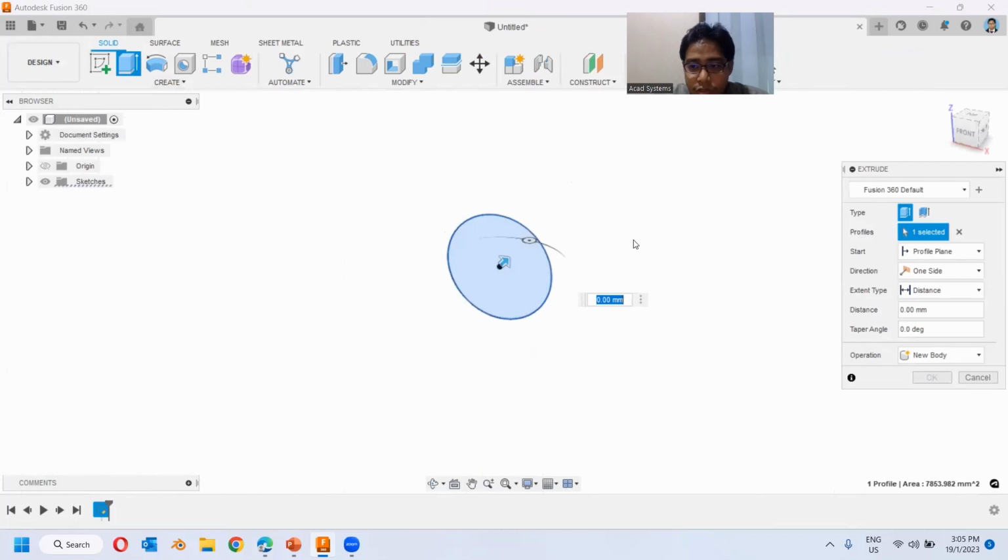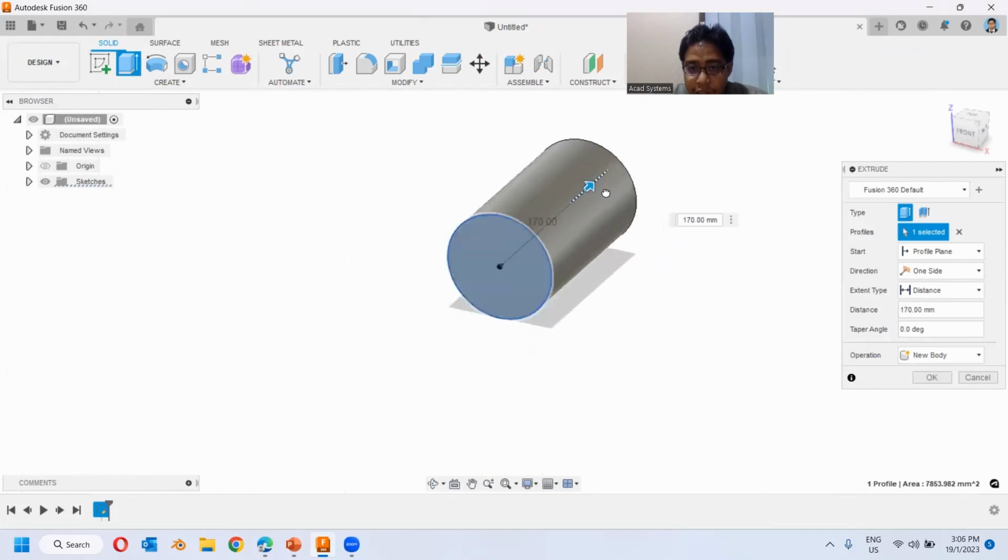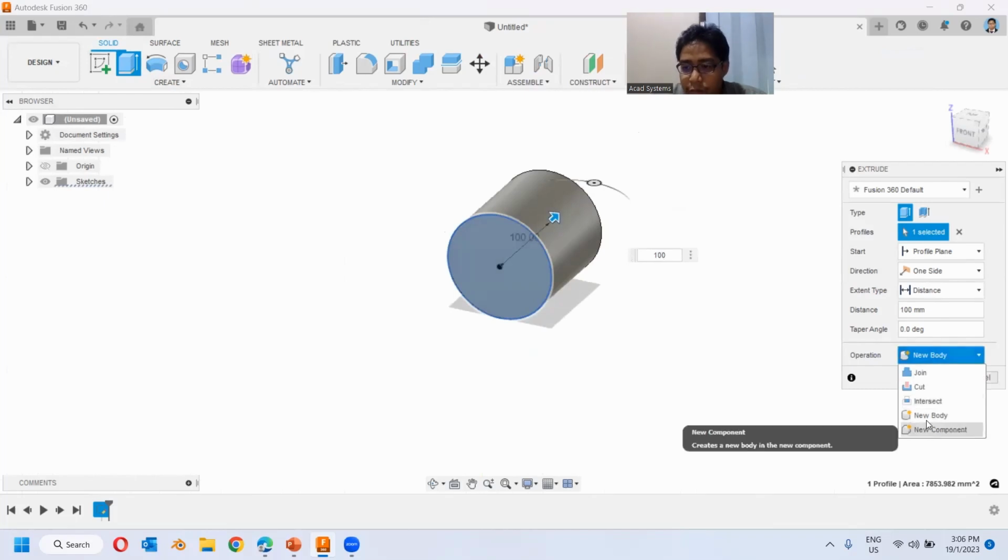So I can just click extrude to convert into 3D, and I can put a distance over here. Or I can also select this arrow to drag it out. So I'm gonna give it around 100, and this will be a new component. So I'm gonna select as a new component,